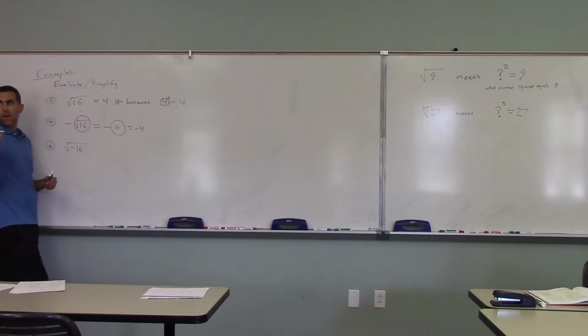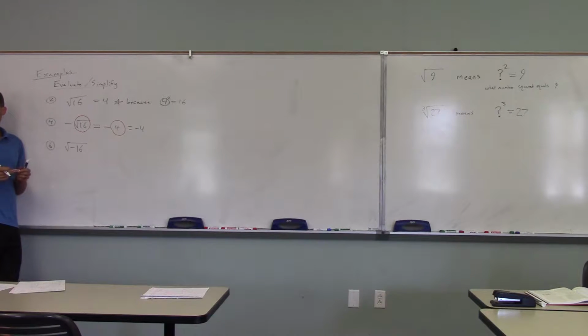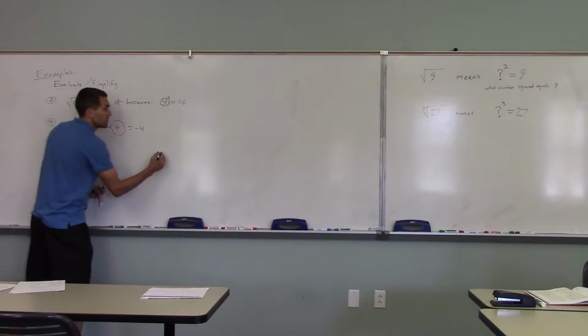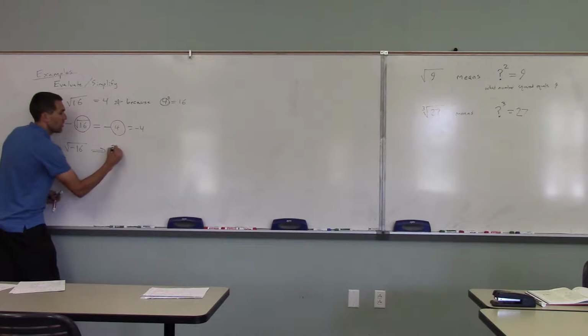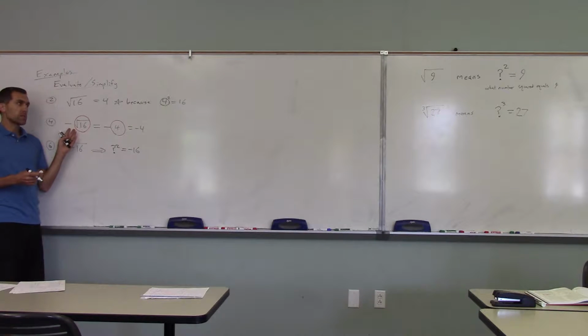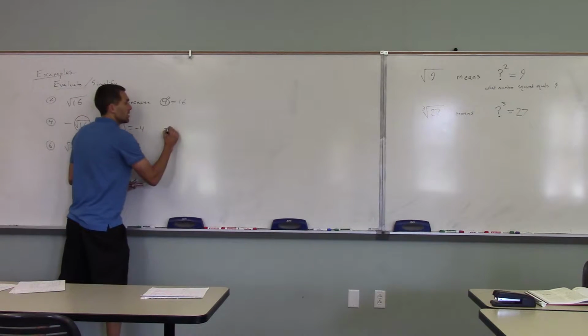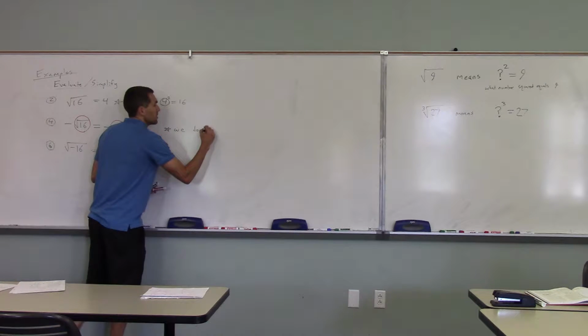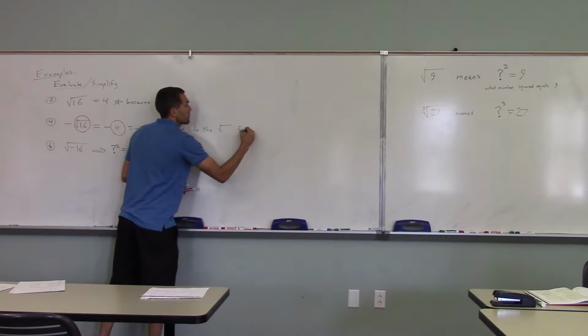Right. Is that not the opposite of the square root of 16? Well, that is how you could read it. I mean, the opposite of just means negative 1 times. But the last one might be what you're thinking of, and this one's totally different, right? So this is saying square root of negative 16. So this is saying what number squared equals negative 16, whereas this one, order of operations, says we do the square root first,